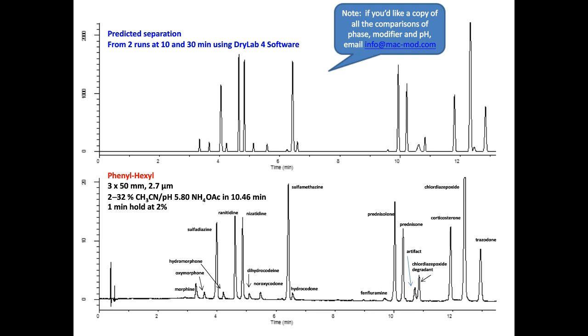So again, I don't necessarily recommend you run every organic modifier and blend in every phase you can think of and every pH, but it gives you the idea that sometimes you can't really say a priori what's going to be the best combination that's going to work, and it's not necessarily true that methanol is always going to be better than acetonitrile with a phenyl column or with a cyano column, et cetera, as has sometimes been reported. This next example